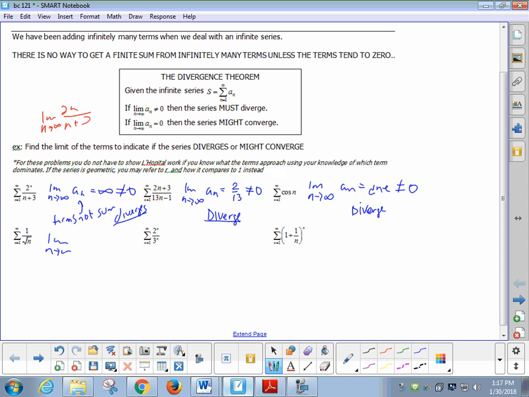All right then. How about this bad boy? This is known as a p-series, by the way, with a p of 1/2. What is the limit? 0. The terms do go to 0. It might converge, not converges. If you have converges, scratch it out or add might converge. In fact, it does not converge, it diverges, but it has a chance at the very least by the divergence theorem. By the way, our book calls it the divergence theorem. Most books call it the divergence test. It's a small difference, no big deal.